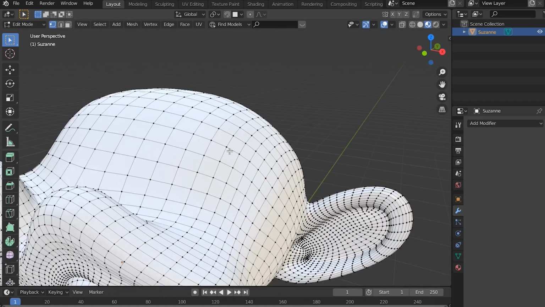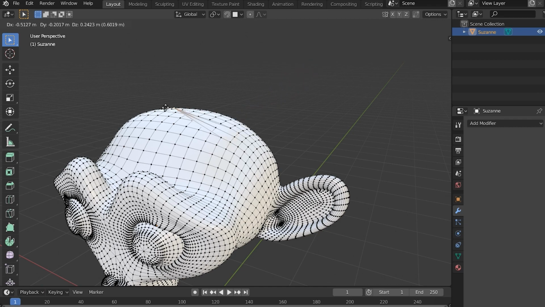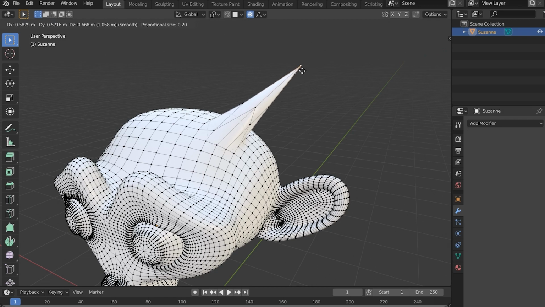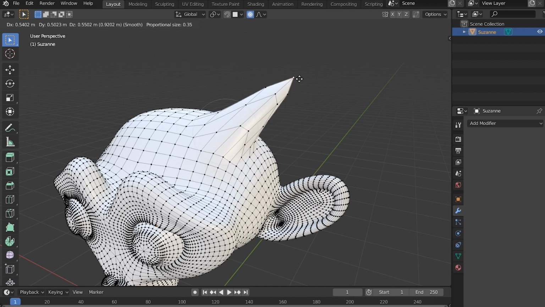If you want to turn on proportional editing, it is a very useful tool. You can select any vertex you want and you can move it out and in, and that just moves it by itself. But if you want to, you can click O, and that will turn on proportional editing, which is this little button right here. And then you can drag and move, and it will bring other vertices along with it. You can use your scroll wheel to increase or decrease proportional editing, so it brings more of it or less of it.